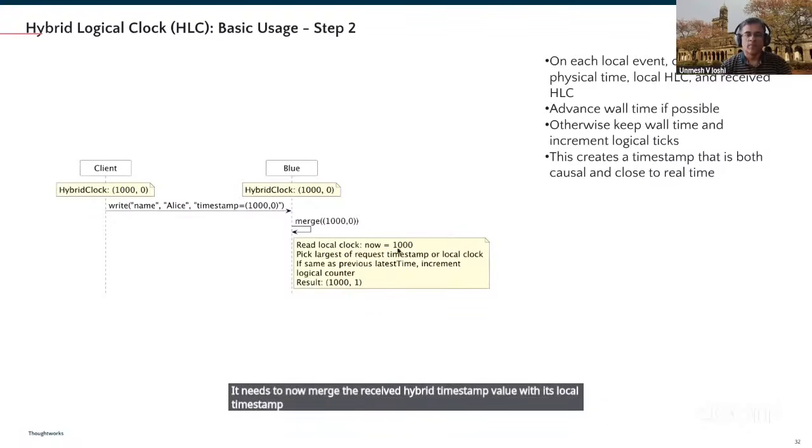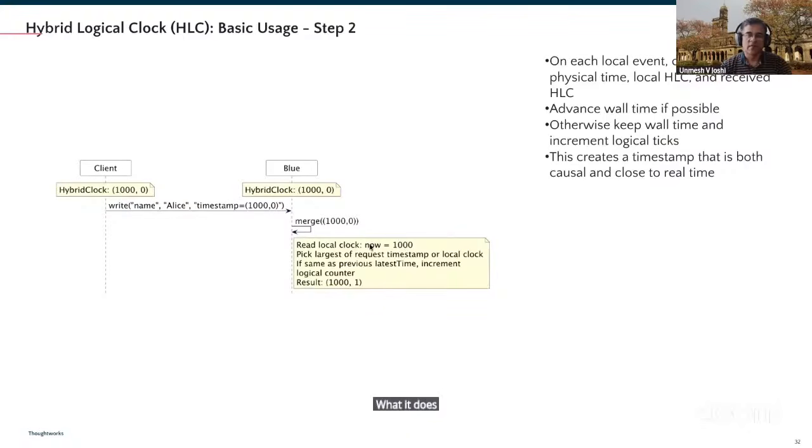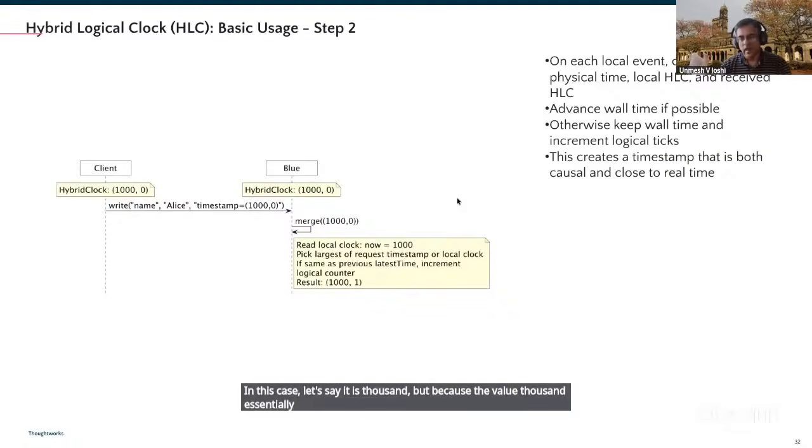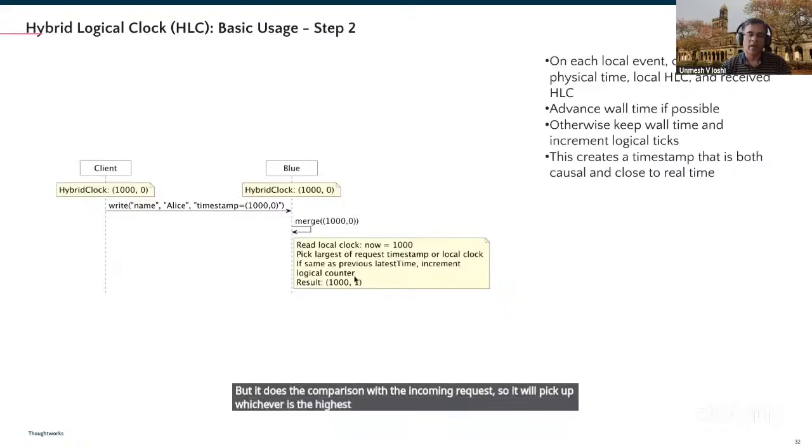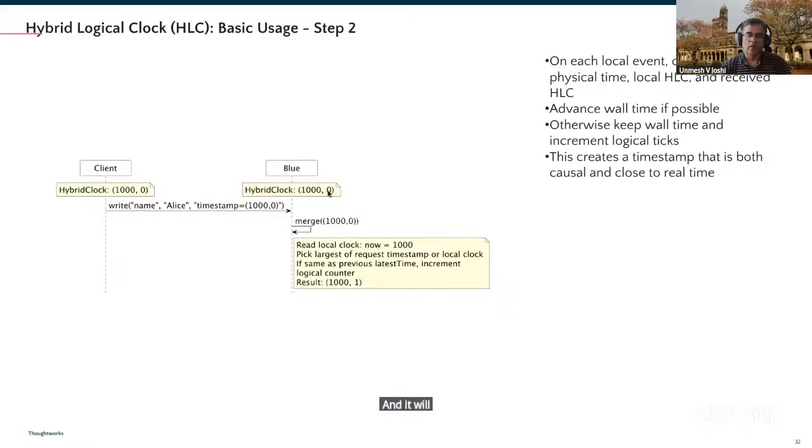So it reads the local clock. In this case, let's say it is 1,000, but because the value 1,000 is an actual timestamp value, it can be anything when it reads. But it does the comparison with the incoming request. So it will pick up whichever is the highest, and it will increment the logical counter if there is no change